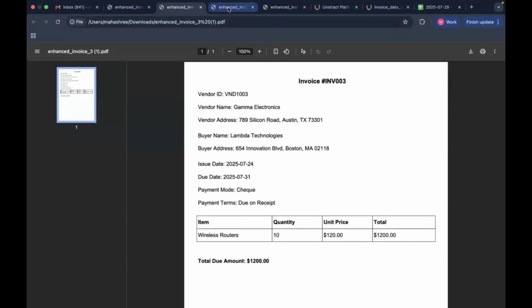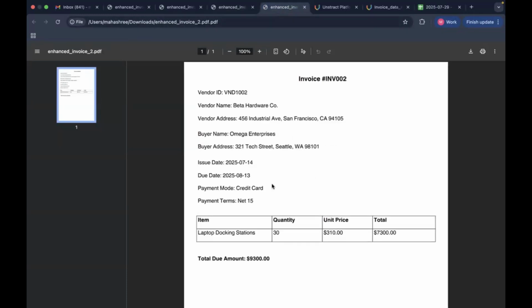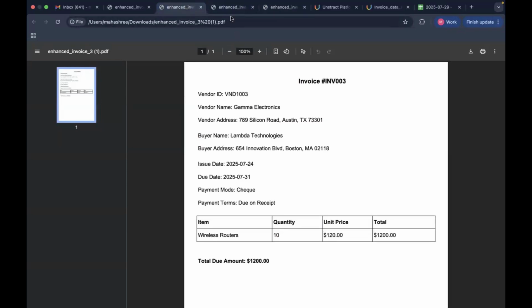And yeah, so over here we have the total amount greater than $9K. So this is the invoice that should ideally go into the manager's channel. And over here we have the due date that is due in less than 3 days. All right. So that said, let me go back to the